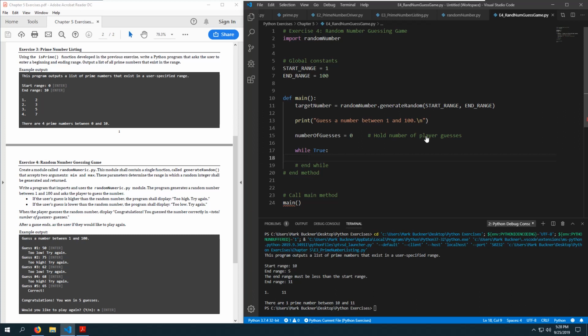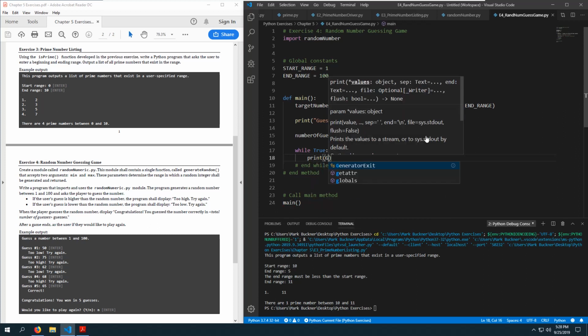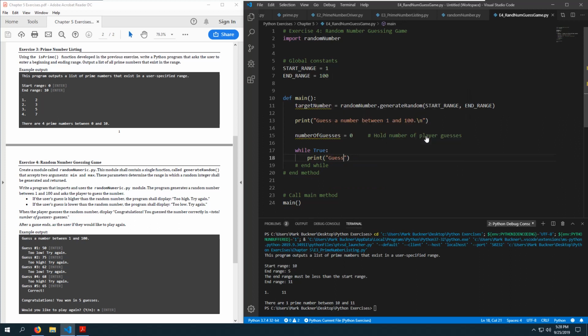Alright, we will print the word guess space. Oh, I hope I can concatenate in the print here. I'll have to check if this will work. And before that we'll increment number of guesses so that it starts at 1. So we'll increment number of guesses, and then after that